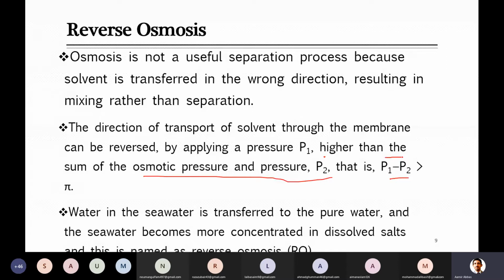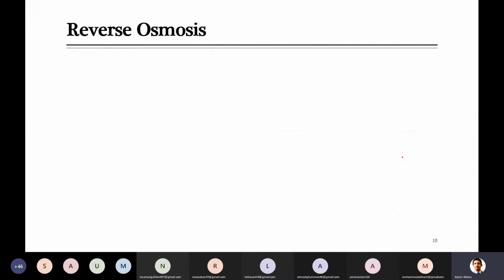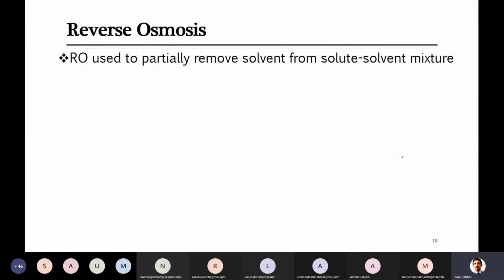Otherwise, you can define reverse osmosis as just the opposite of osmosis, in that we move the solvent from high concentration of the solute to the low concentration of the solute. Osmosis is movement of the solvent from low concentration of solute to the high concentration of the solute. But in reverse osmosis, the solvent moves from high concentration of the solute towards the low concentration of the solute with the application of some external force, because naturally it can't happen, so you should mention it if you want to define it.